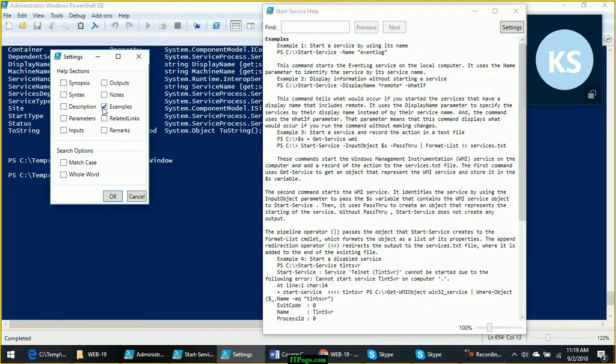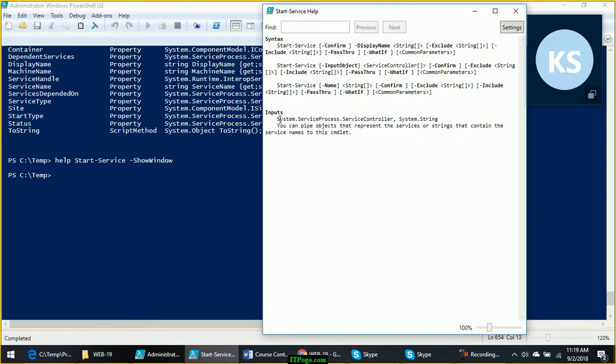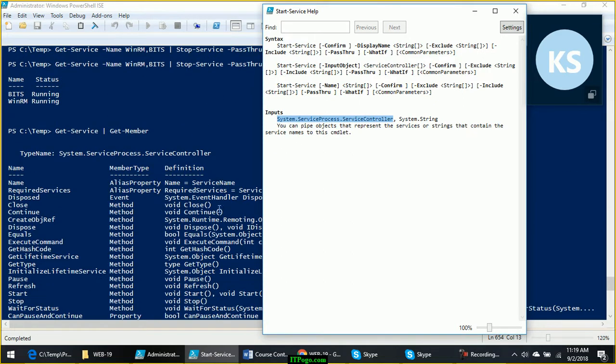Either you can look at the inputs, or you can look at the syntax. In input it will show you what is the input object type required. System.serviceProcess.service controller. This is the input object required by the start service command. And what is the output object of the get service command? It is the same, system.serviceProcess.service controller.